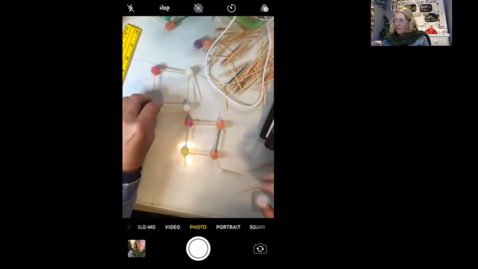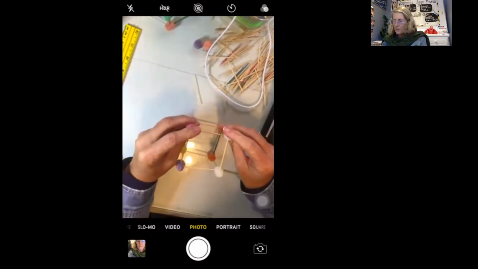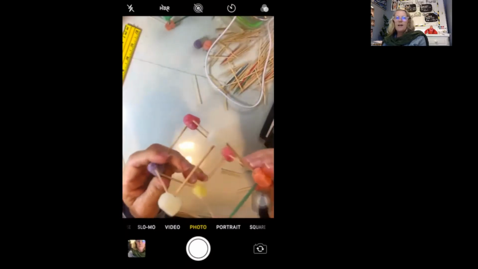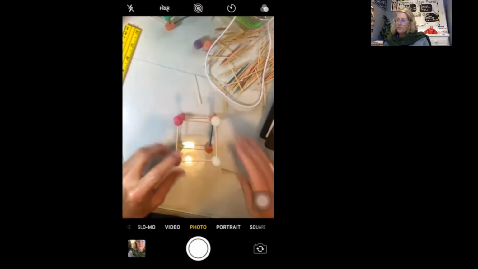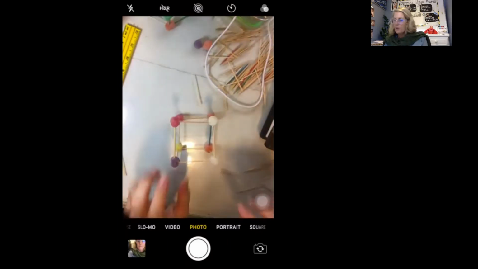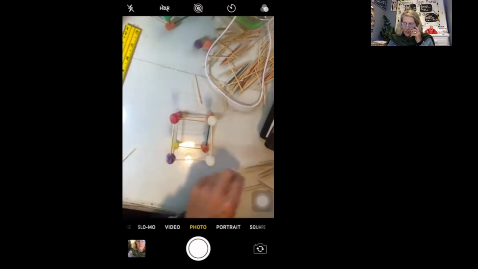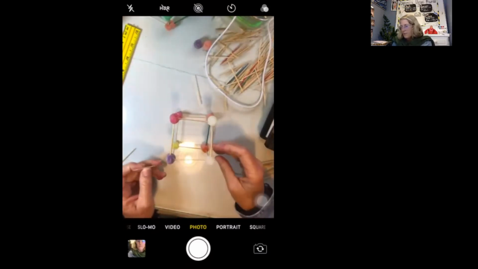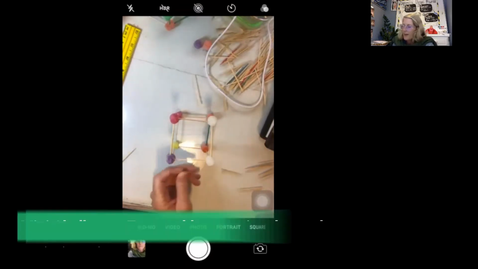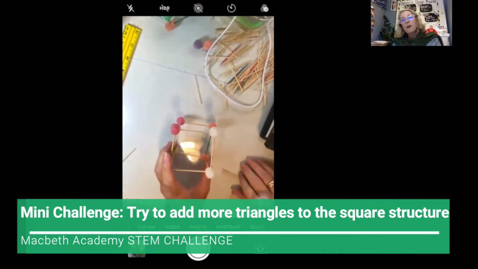There we go. Now we're going to place this on top, and what we have now is a cube. We have lots of squares, but this is now a cube. I can already feel that if I apply a little bit of pressure on this, it will probably collapse. So I would want to figure out a way to have more triangles in there. All right, so that's going to be our cube